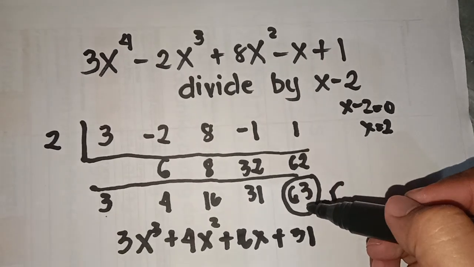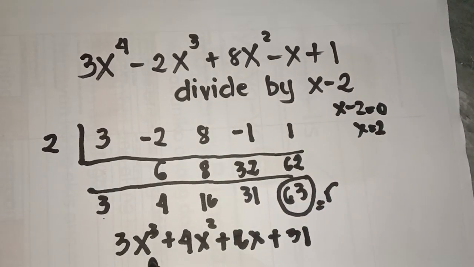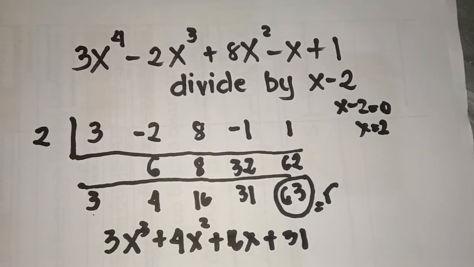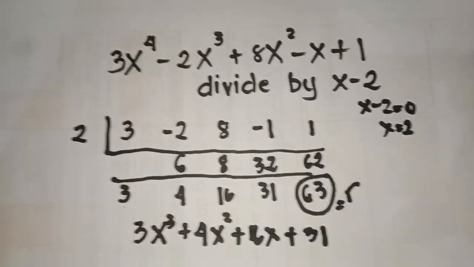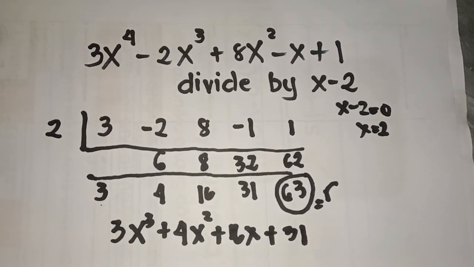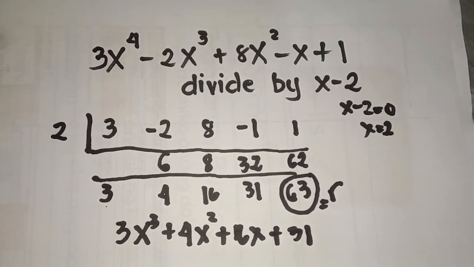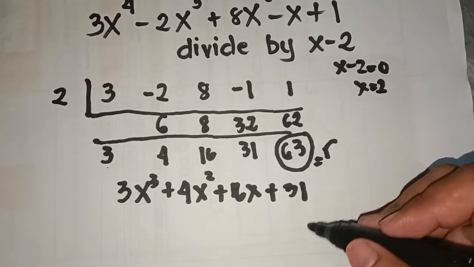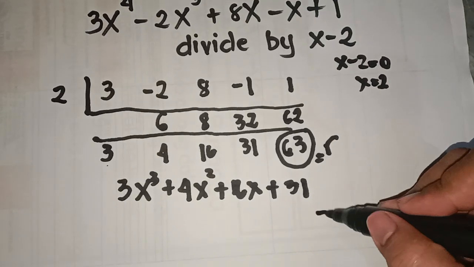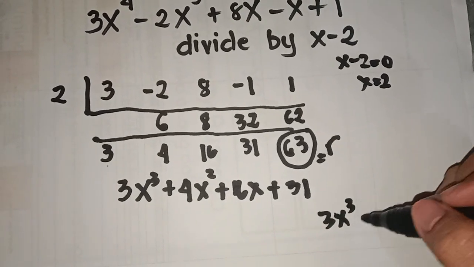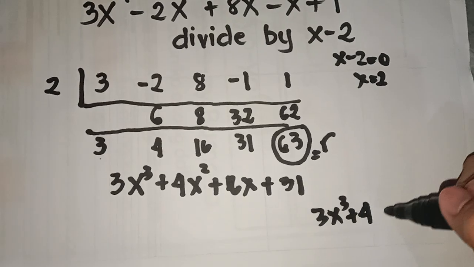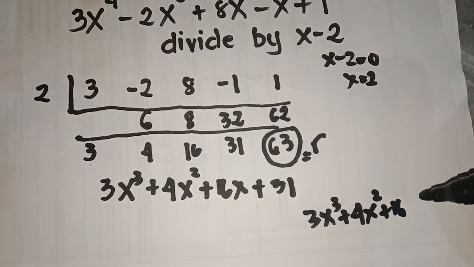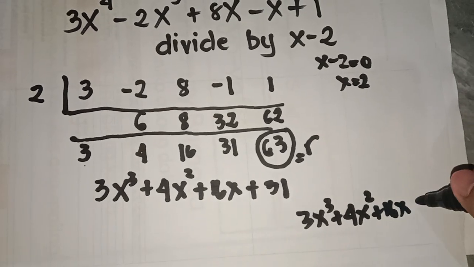So you have the remainder 63, and you have the quotient. Now how can we write that in the final answer? Okay, so you will copy the quotient, 3x cubed plus 4x squared plus 16x plus 31,